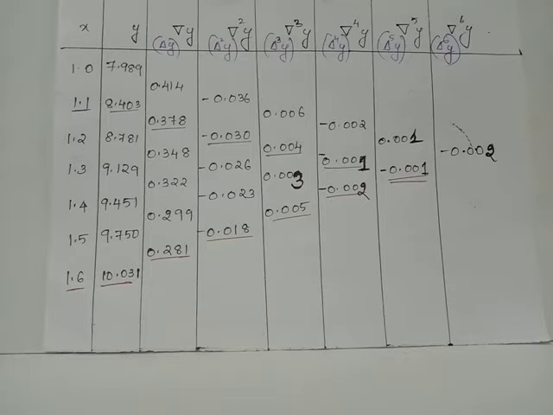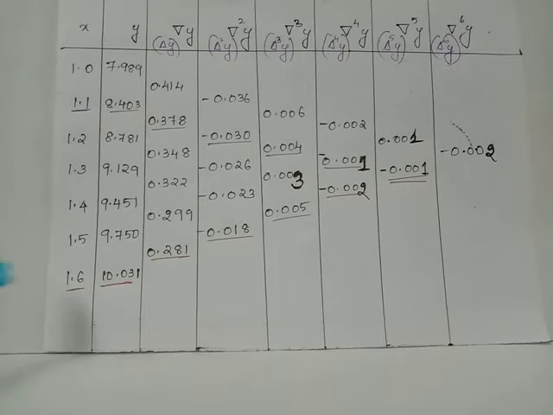Since we have obtained n equals 0, we can make use of derivative formulas of Newton's backward interpolation for the special case n equals 0. But we will have to find out del f of a, del square f of a, del cube f of a, etc. in order to find out f dash of a at x equals 1.6 or dy by dx at x equals 1.6. We will first draw the difference table.